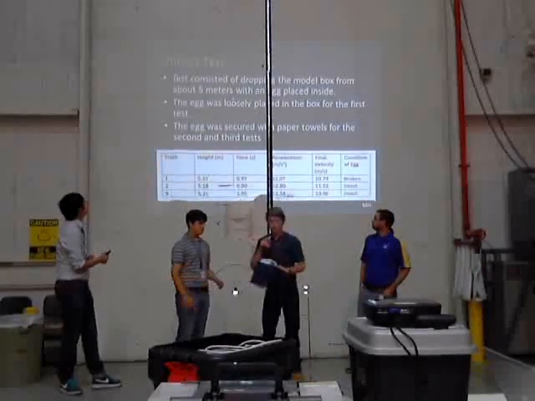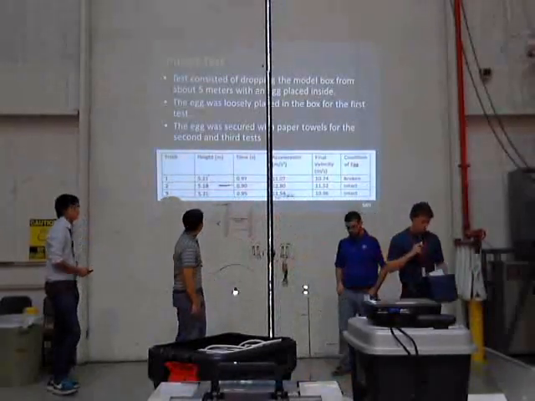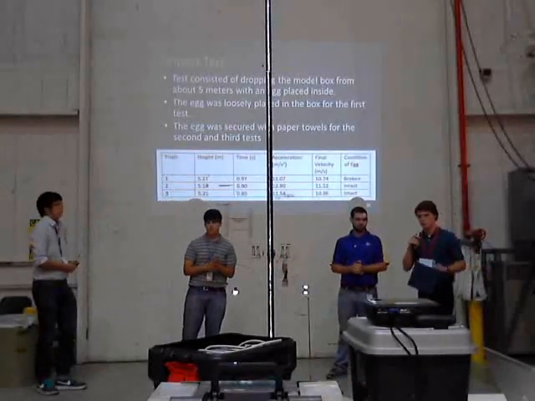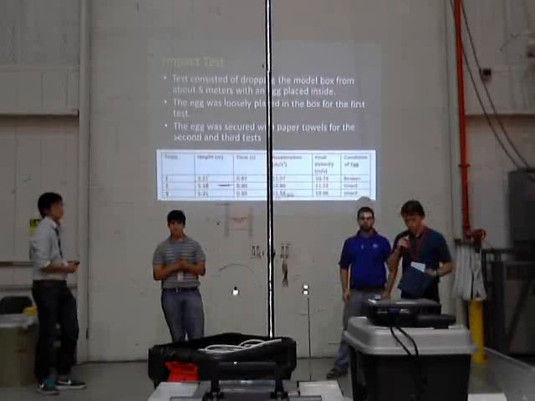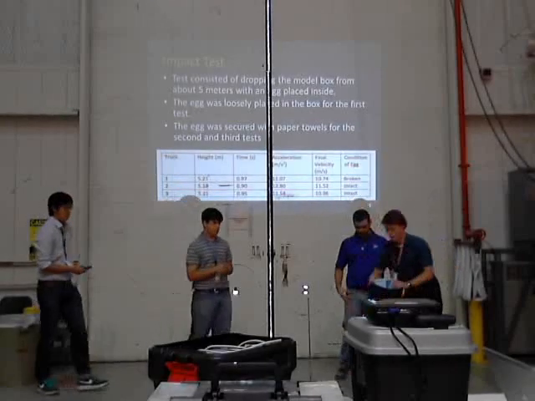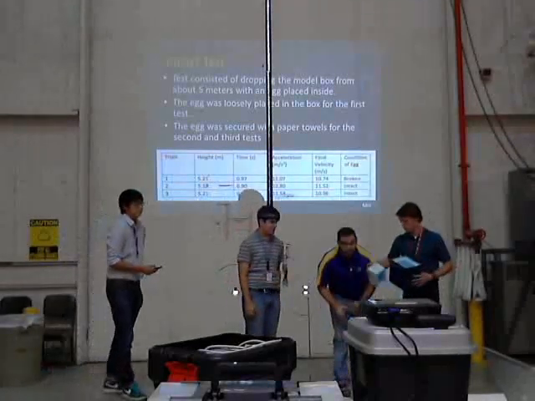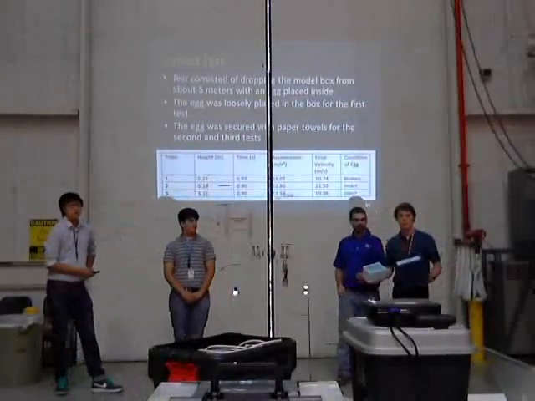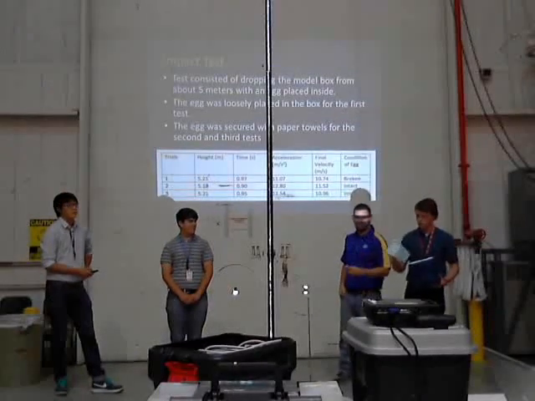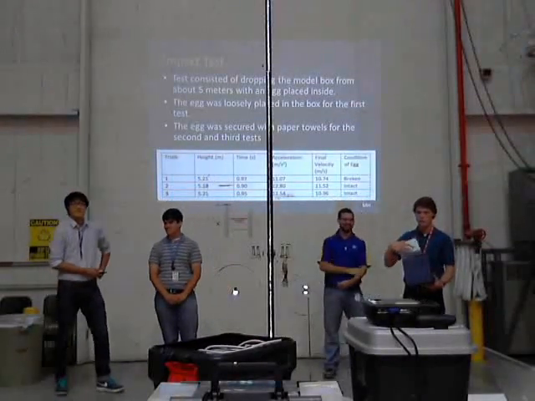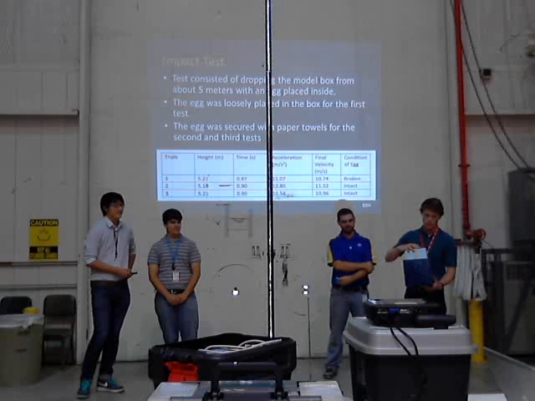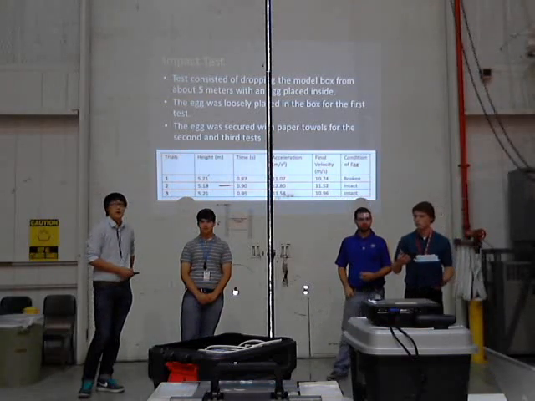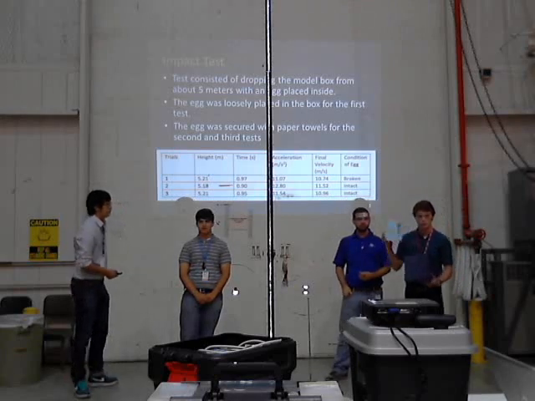Alright, the actual design of our payload here: we did 3 layers of insulation, and we have 2 separate boxes. For the 2 boxes, we decided to go with a staggered system. So this box here, we have the lid glued to the bottom of this box. When we place this in here, we have the lid of the outside box opposite the lid of the inside box to keep the heat trapped inside a little bit longer.